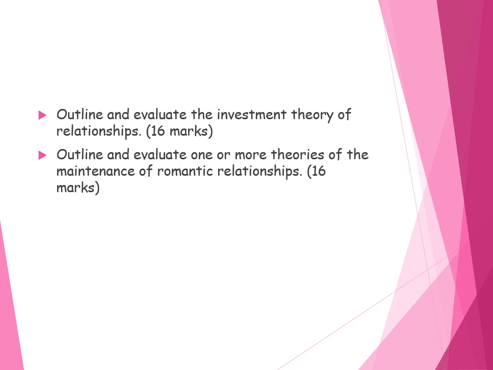Moving on to the 16 markers, so the essay-based style questions. So we have a straightforward outline and evaluate investment theory of relationships. So with this, you do your 2 AO1 paragraphs and then your 3 to 4 evaluation points. So you talk along the lines of the assumptions of the investment model. It's an extension of social exchange theory. It's based on the idea that commitment is the result of satisfaction, no alternatives, and a high level of investments. You talk about what satisfaction is, what quality of alternatives is, so whether that person would be better off in another relationship or simply not in the relationship at all. So if I was to write it, that would be my first AO1 paragraph.